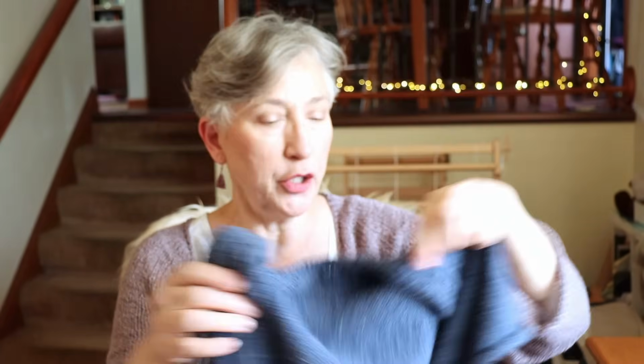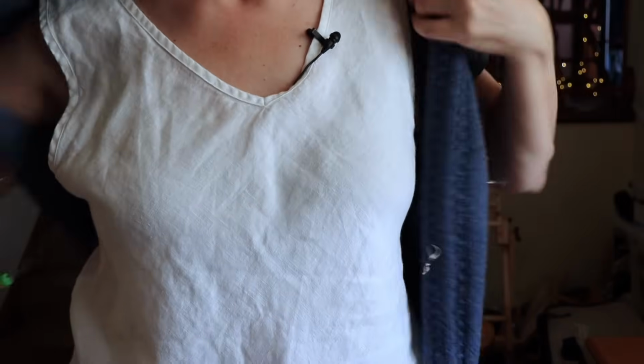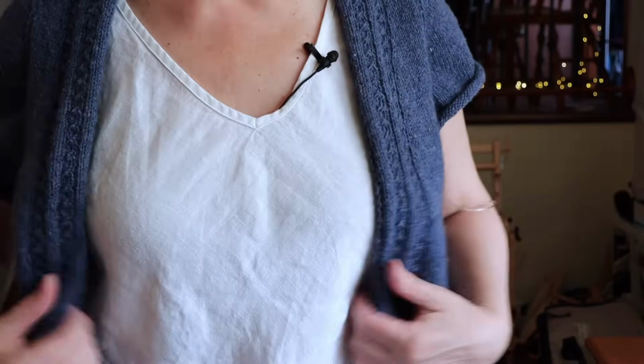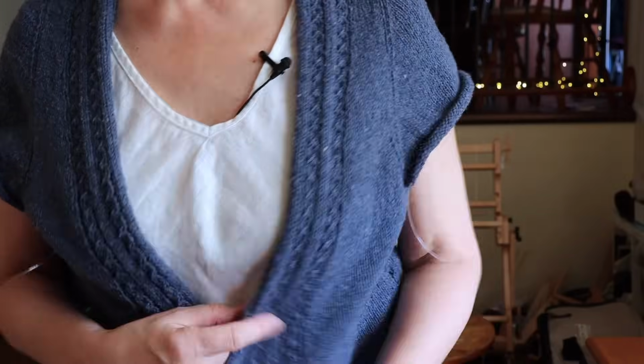I'm going to try it on for you. It's got a similar fit to this one that I'm wearing here. So I'll show you how it's fitting so far. I just cast this off yesterday after an interminable 1x1 rib. So I'm knitting the third size, and it's got this beautiful